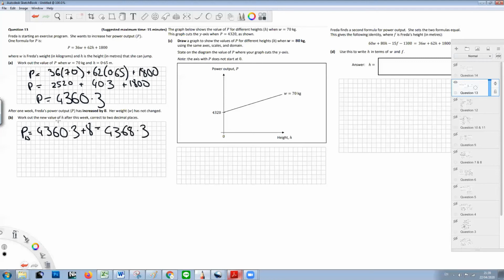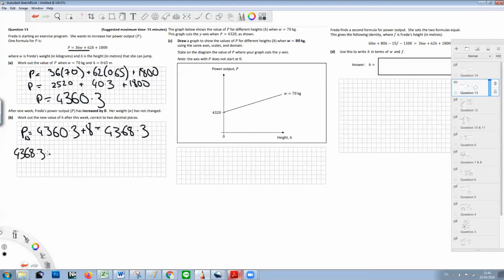Work out the new value of H after this week. So H was the height that she could jump. So with her new power, she's obviously able to jump higher. So we use this equation, and we're going to change the value of P. W is going to stay the same at 70, and we need to find H. So it's going to be